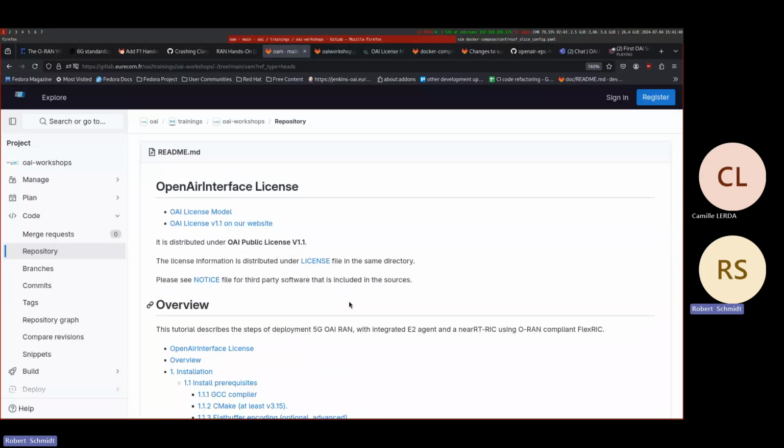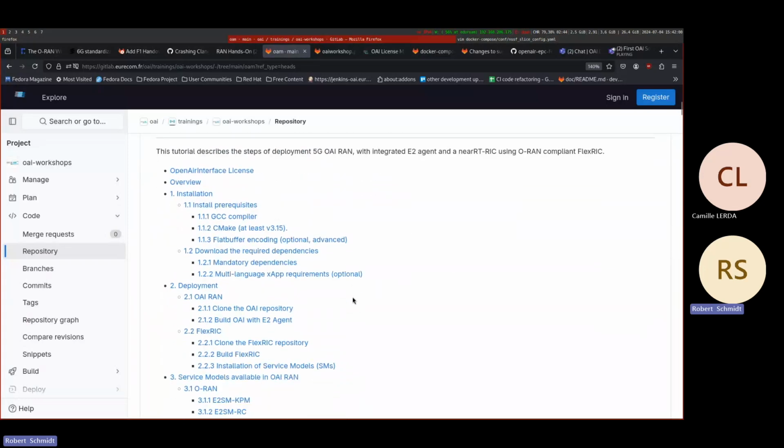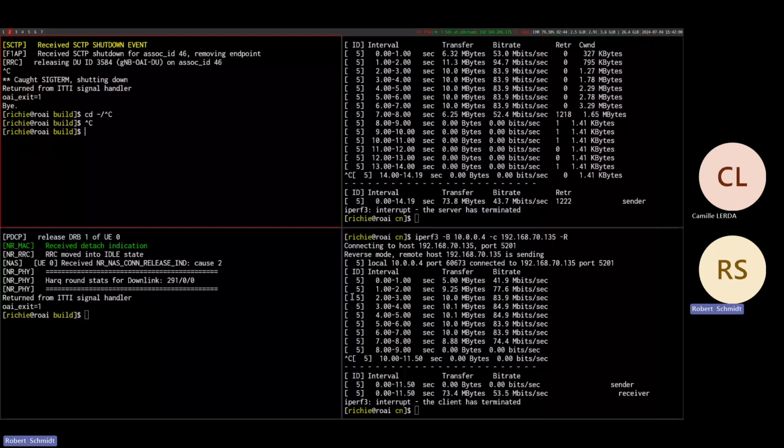So in the RAN control service model, you have everything that is related to RAN control. The one example that I will show you now is just where the xApp requests to be informed when new UEs arrive or depart, when they connect or release. So I compiled it already in the background. I just need to now make sure that I